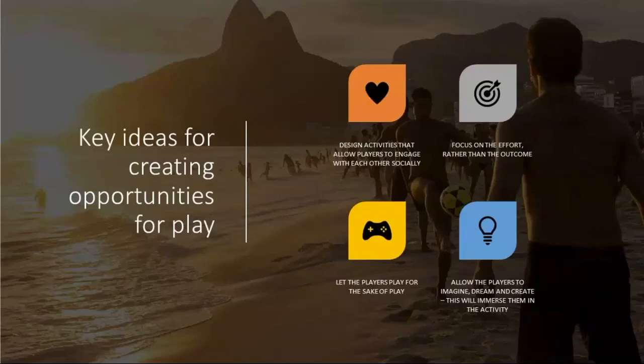Playing for the sake of play, well, actually, kids are great at this, aren't they? You just see any school playground at break time, and the kids are masters of play. They know exactly what they're doing. They're playing 17 versus 17, all in the same school uniform, and every single one of them knows whose team they're on. Or if you go into a preschool or a nursery, they've got these fantastic imaginations, and they take you into these different worlds and these different spaces. Kids are awesome at playing.